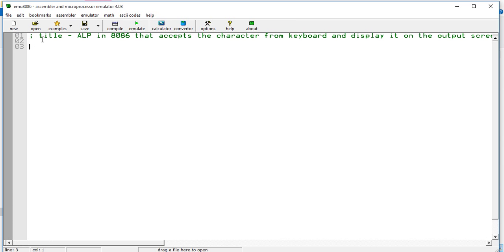For writing this program, first of all we should define different types of assembly directives. I have already described the assembly directives in the previous video tutorial, so here I'll directly write the program. First of all, we'll write different assembly directives like .MODEL. This is a compulsory assembly directive: .MODEL SMALL. This line